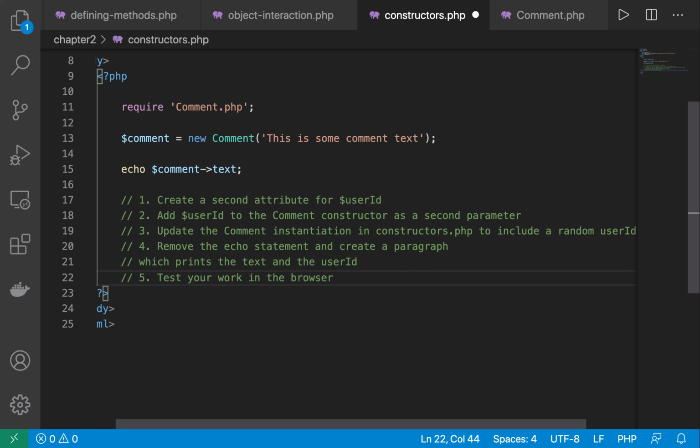Obviously there'll need to be some way of connecting the comment to a user, and the way we're going to do that is by having a user ID attribute, which will be numeric. An attribute just means the same thing as property, it can also be called class variable. So we'll add the user ID to the comment constructor as a second parameter,